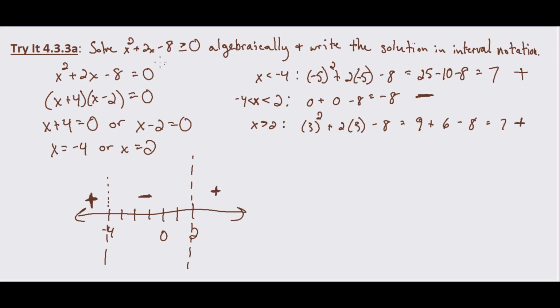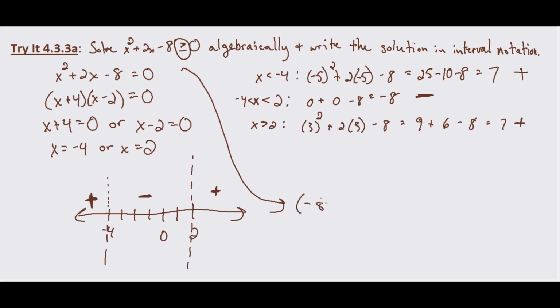So what this tells us is that x squared plus 2x minus 8 is greater than or equal to 0 when x is less than or equal to negative 4, because we have this inclusive greater than or equal to. It includes the equals. So when x is less than or equal to negative 4, or when x is greater than or equal to 2, then this expression x squared plus 2x minus 8 will be greater than or equal to 0. In interval notation, that's going to be